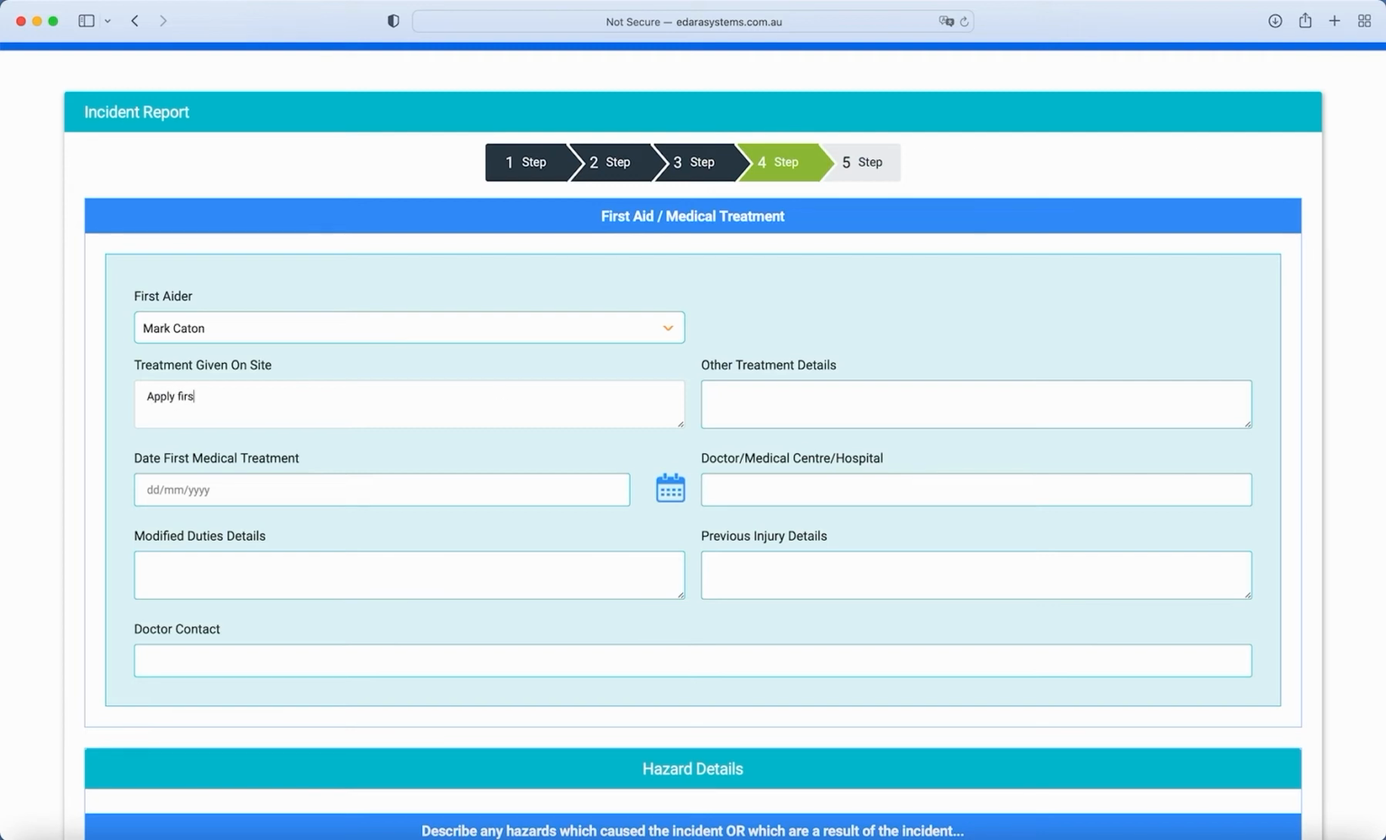apply first aid, ice the area, elevate leg, and rest until stable to be transported to the local medical center. Other treatment details, we can say that the nominated treating doctor